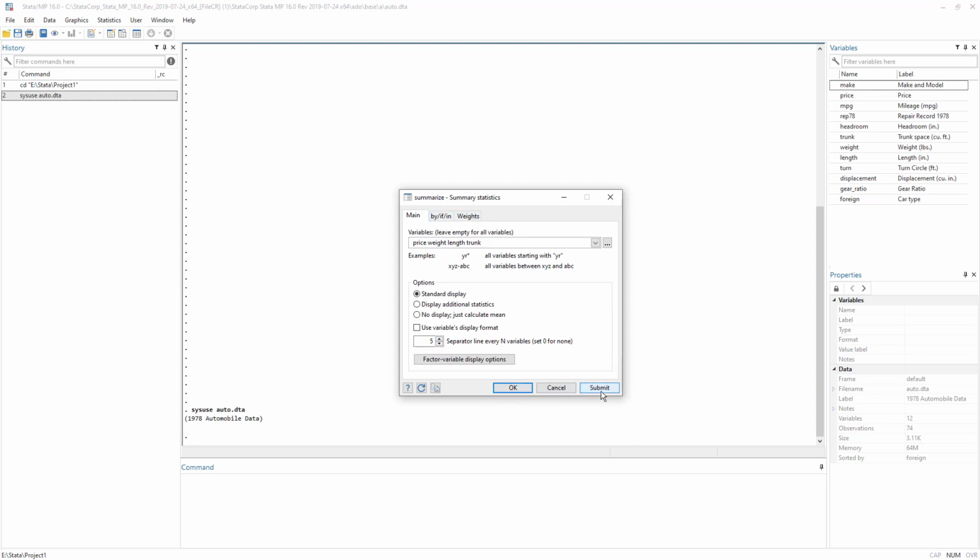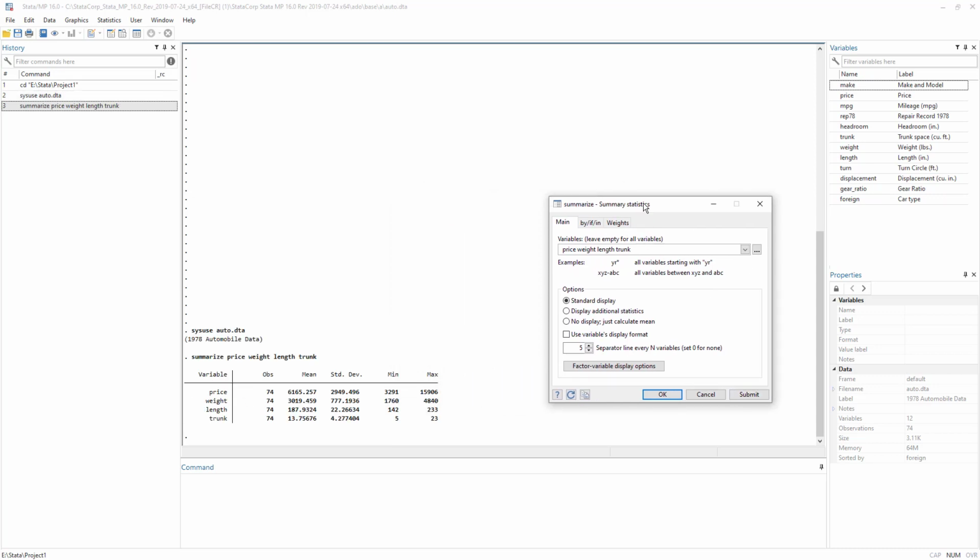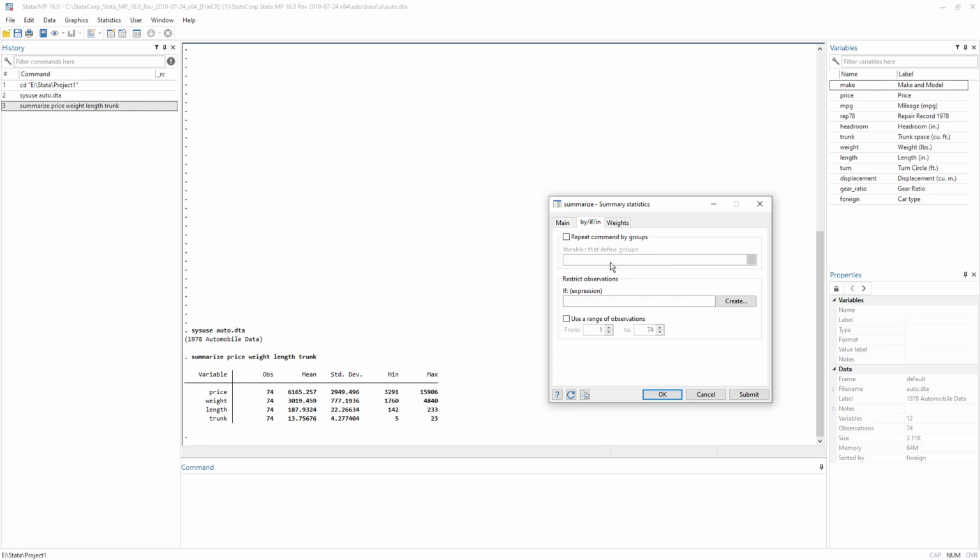But if I click on submit, it would keep the dialog box open and generate the results. If I wanted to change some aspect of this command or add additional details, we can use these qualifiers. I want to use the by qualifier, which runs the same command for different subsets of the data.